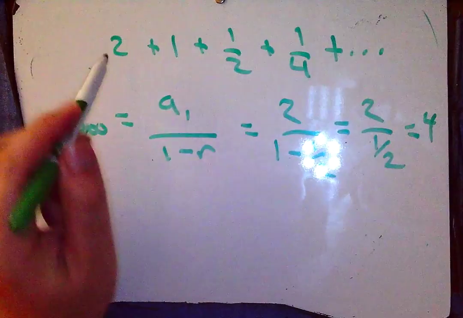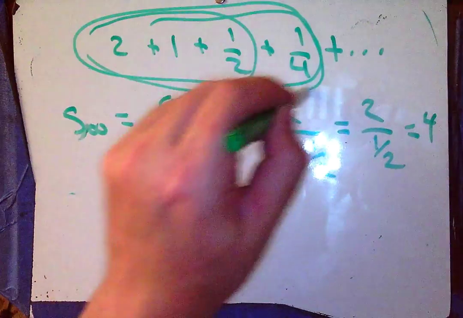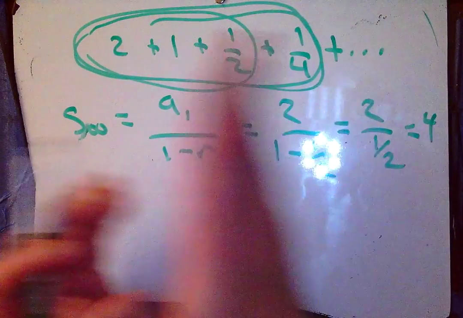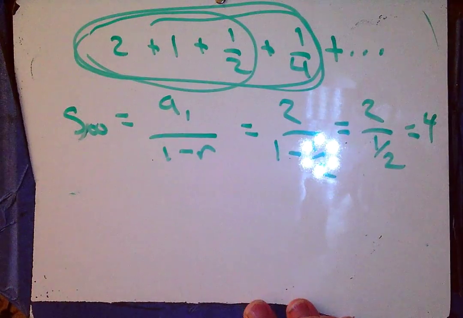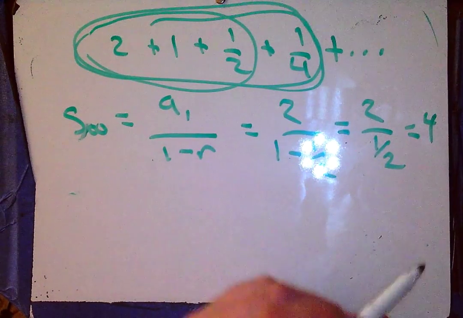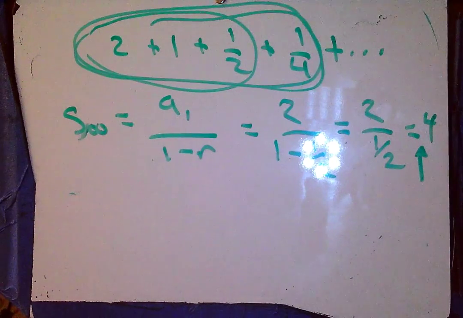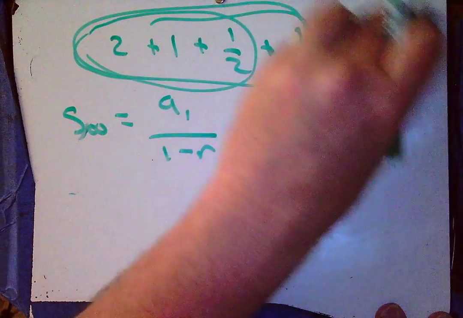And I think it's very interesting that I have the first 3 3/4 here in the first 4 terms. So aside from the first 4 terms, the rest of the infinite number of terms that go on forever, when we add them all up, they'll add up to exactly 4. And I think that's a beautiful piece of math magic. Okay, so